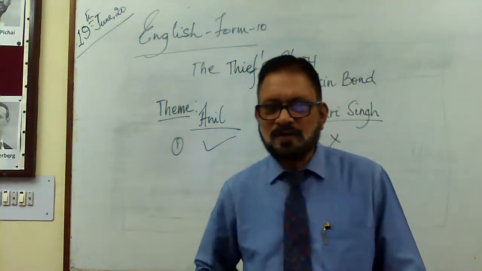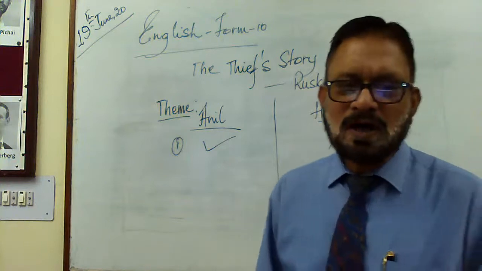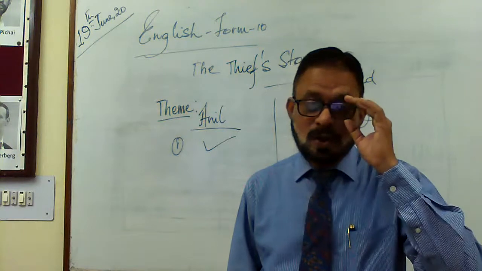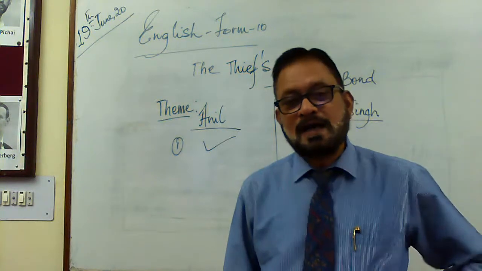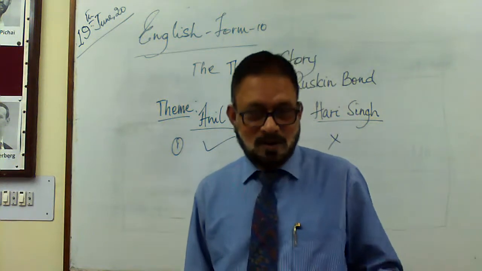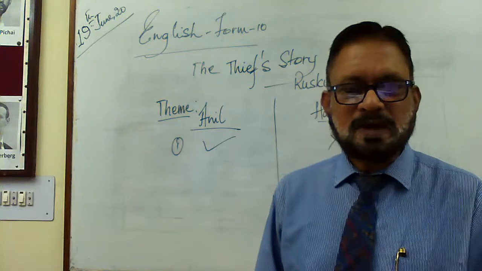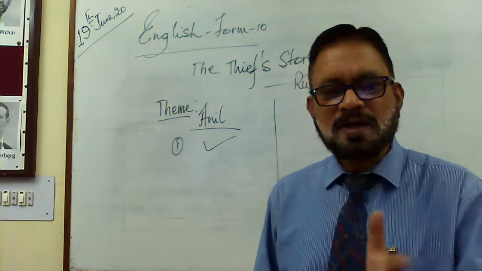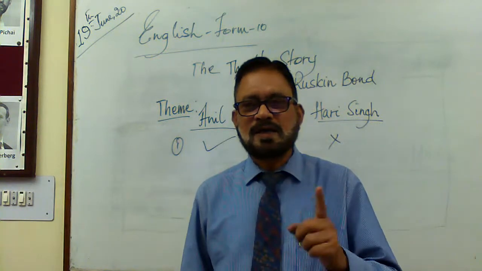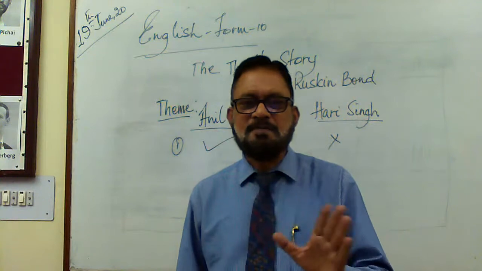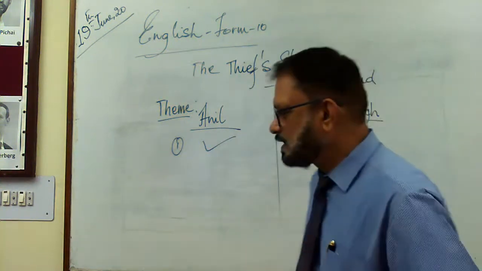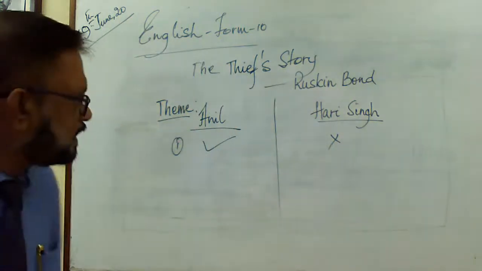And in between, one more thing, when he had returned, though Anil knew that Hari Singh had tried to run away because the notes were all soiled or wet, he decided maybe he's trying to steal because every month I'm not in a position to give him money. His background was that when he used to publish a book, he used to get the money and then enjoy life. After that, when the money finished, he used to live a very sojourn life. So he decided, I must give him money every month so that he should not resort to such kind of activities. So the message, at the end of the day, that you get through this story is